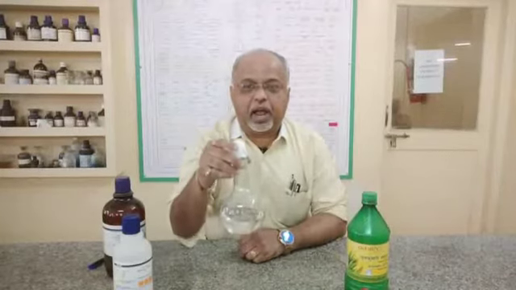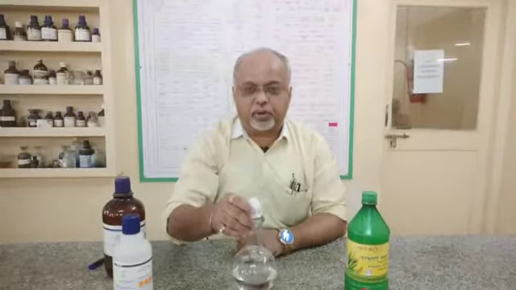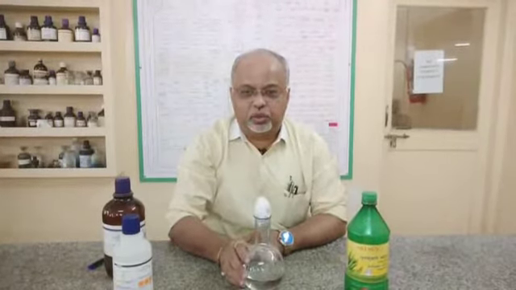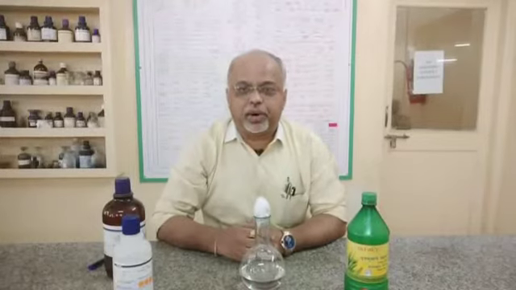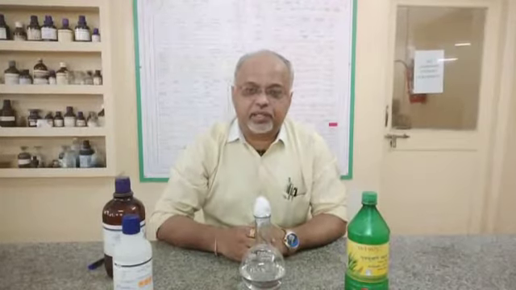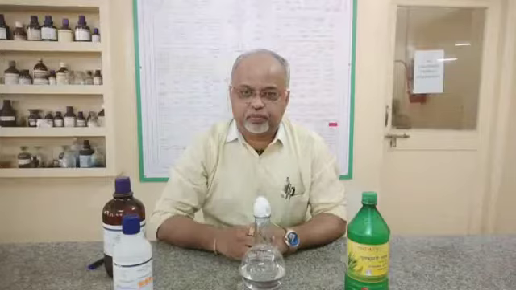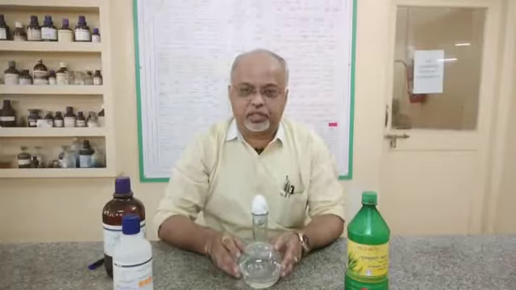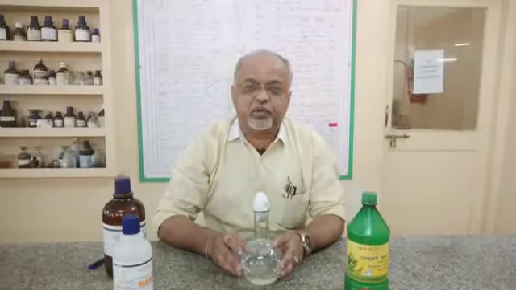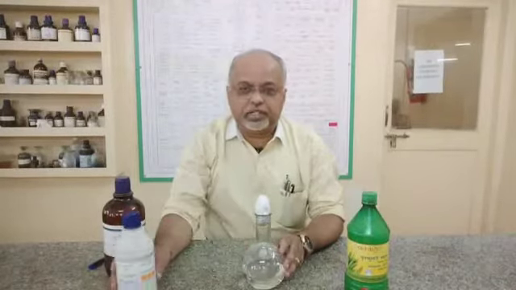Now, how to prepare this sanitizer? The major ingredient in the sanitizer is ethyl alcohol or isopropyl alcohol. I have taken 200 ml of this ethyl alcohol. In some preparations, according to WHO, the World Health Organization, they have given a composition in which some sanitizers have added water, but we are not going to add water in this. We will have another composition of this sanitizer. Instead of water, we will add glycerol also.